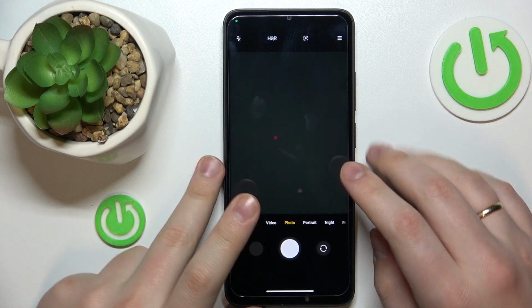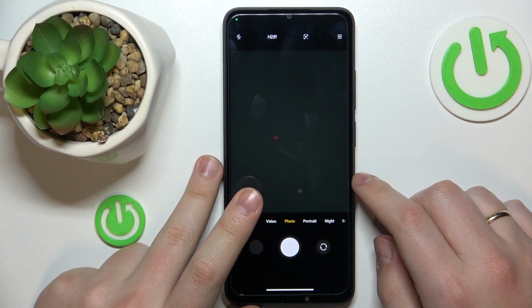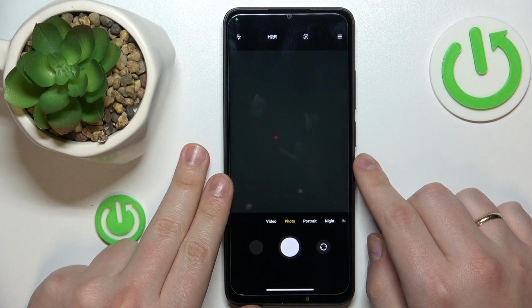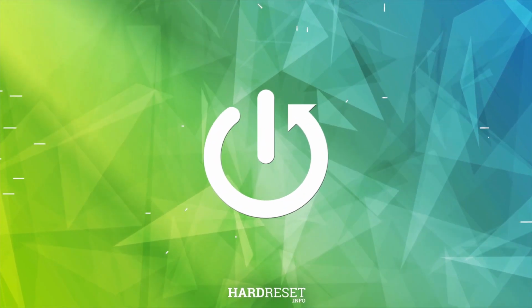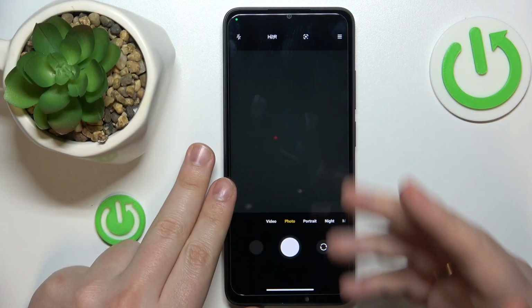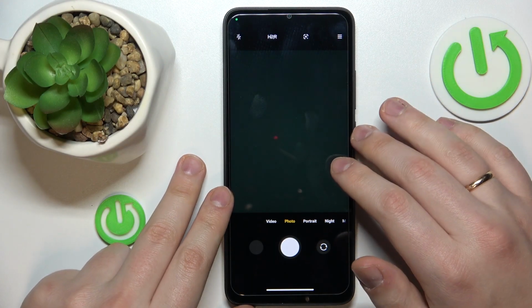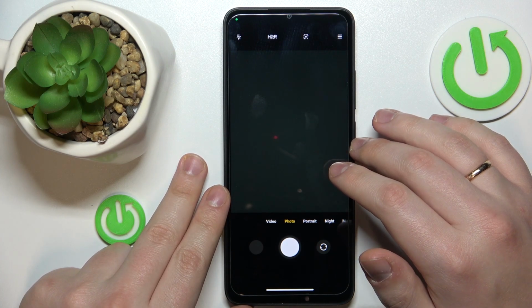Hello everybody, in this short and simple video I would like to demonstrate how you can enter the higher resolution mode on this Redmi A1 Plus smartphone. So as you can see, my camera is launched, and in order to increase the resolution of the photos that